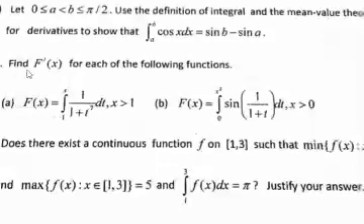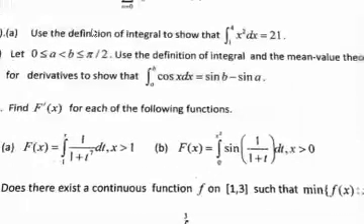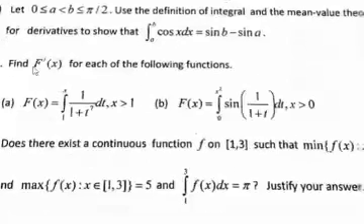First question, use the definition of integral to show that, easy. This is the fourth question, right? And let a be, yeah, this one, this can be done very easily. Look at this one, find F prime, capital F prime, for the following